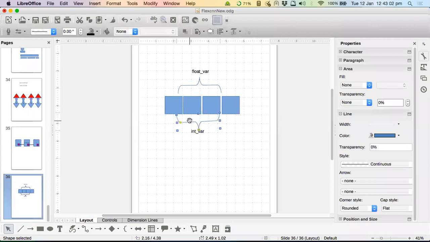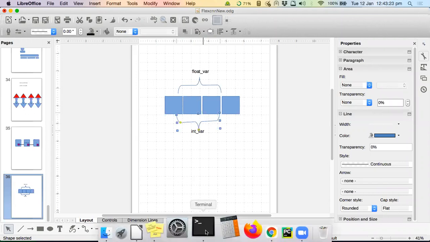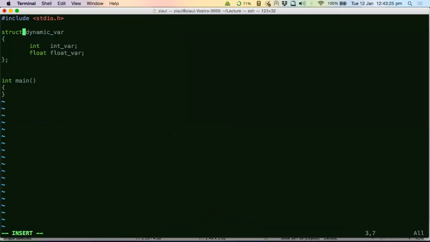You cannot store both. For structures, that was not the case. You can store a float as well as an int, because both of them have separate rooms to stay. For a union, you just have a single room, so only 1 person can stay. It will either be an integer person or a float person. So that is the disadvantage of a union. You can always store 1 type of data in a union, not more than 1.